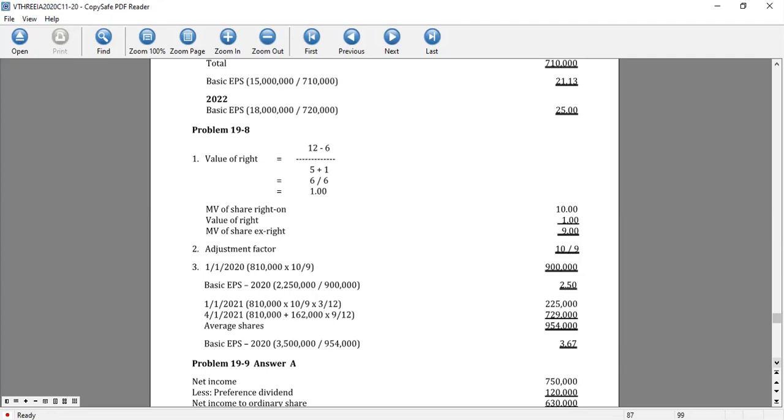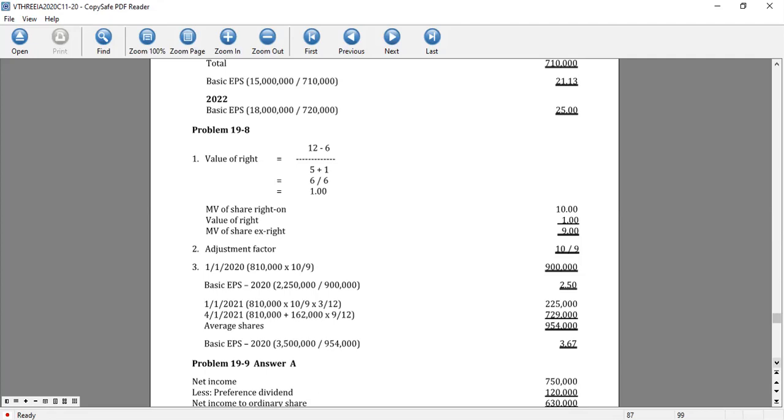So 810,000 plus 162,000 times 9 over 12, as we have the date here as April 1, 2021. So we now get the average shares equal to